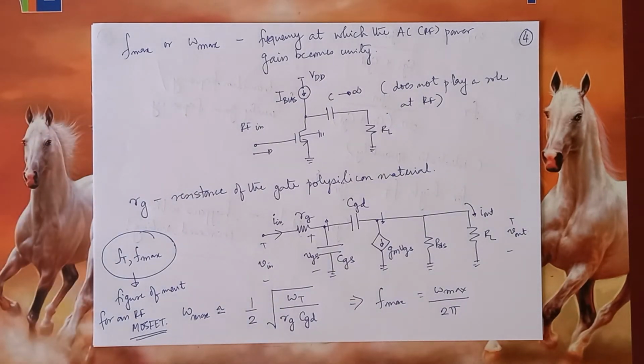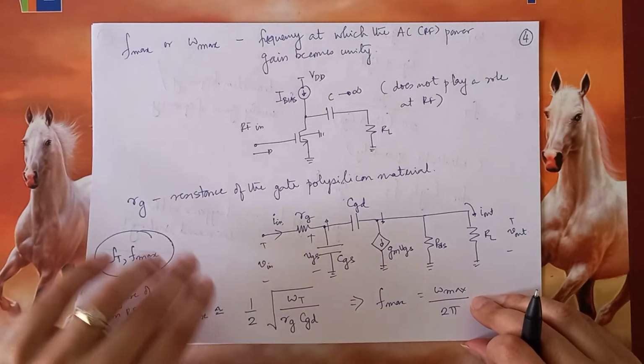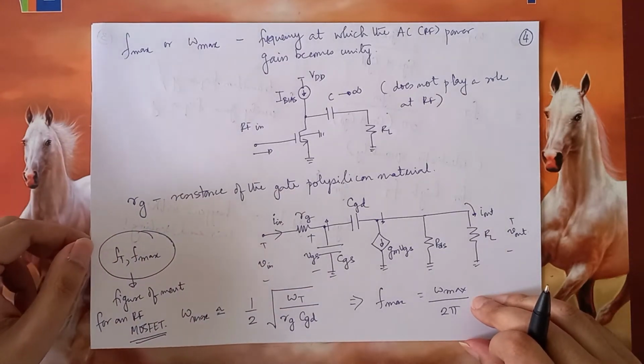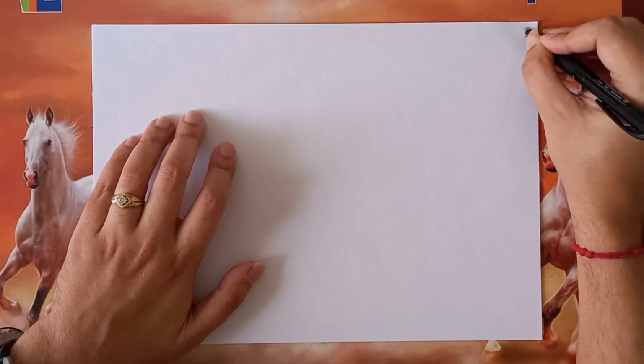So you can see, you can take different cases and see whether Ft or Fmax is more for a given transistor. I leave that to you as an exercise. Now, as I was saying, it is not sufficient to know the bandwidth of the MOS device only,